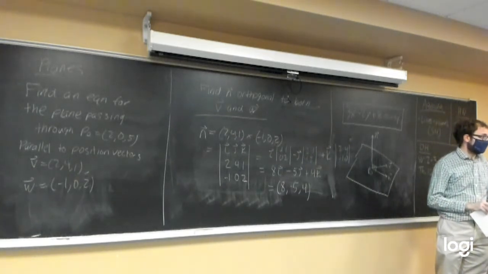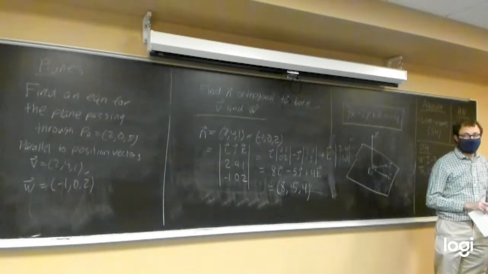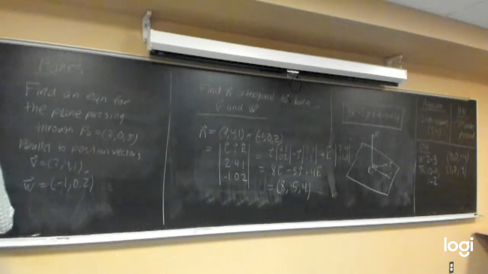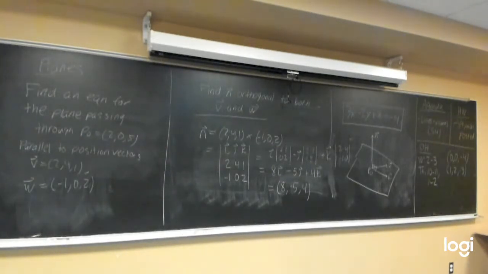So when I did this, I did the cross product of the displacement vectors from v and w from the point they were given. Okay, so it very well could be, I wouldn't be surprised. Don't sound so unconfident. So you took the displacement vector from P naught to this point here. How did you find what this point was? It was (2, 4, 1) minus (2, 0, 1). Okay, so you actually found